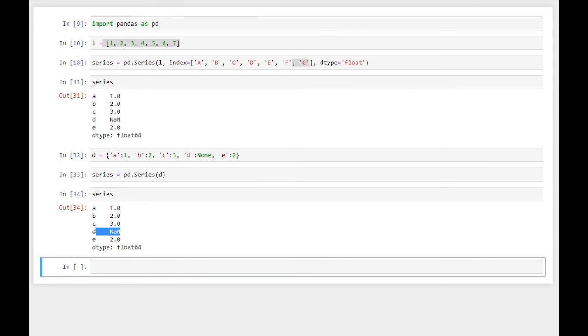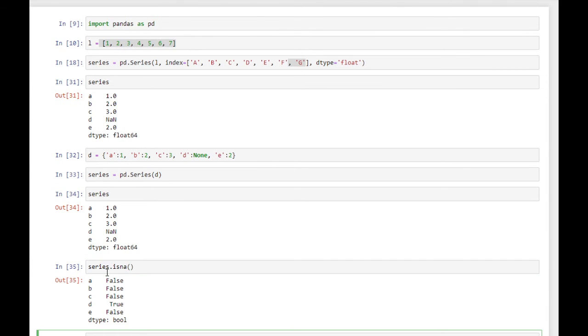We have one NaN value, and there is a method to check NaN values in the Series. We can write series.isna. This method returns a mask. It is True wherever the value is not a number, and False wherever we have real values. This mask can be passed to the Series in order to get the True values.